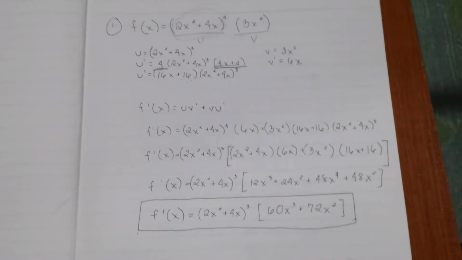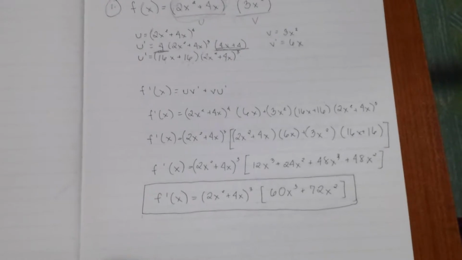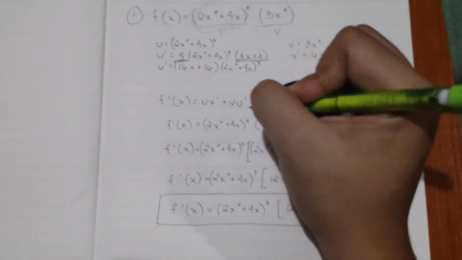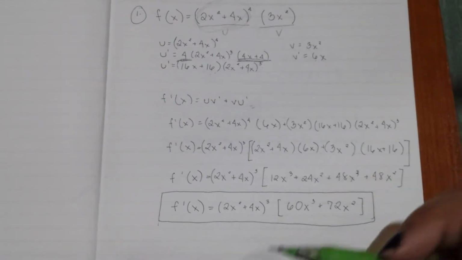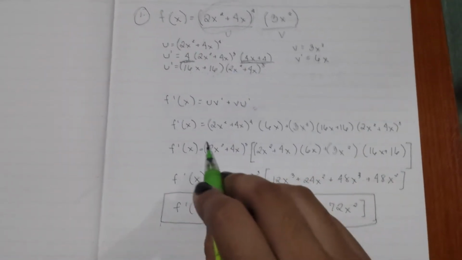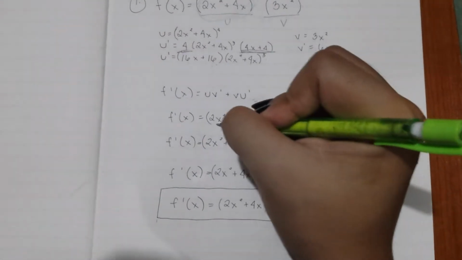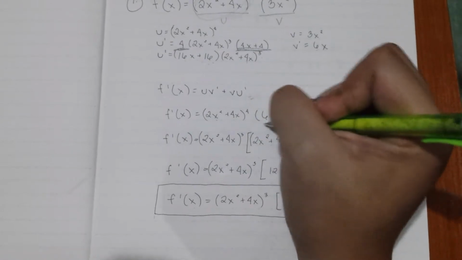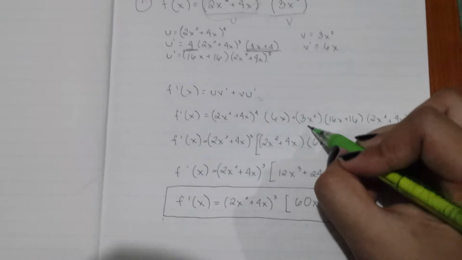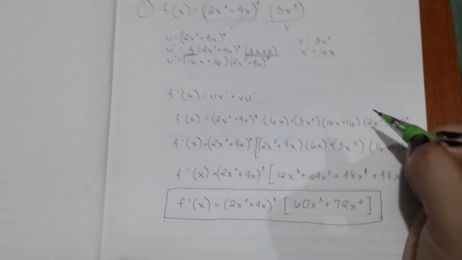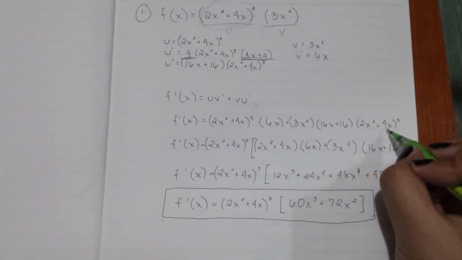Next we will use the product rule, which is uv prime plus vu prime. So we will use this one. Copy the u, and substitute all: (2x squared plus 4x) raised to 4 times 6x, because 6x is the v prime. And then v is 3x squared times the u prime, which is 16x plus 16 times (2x squared plus 4x)